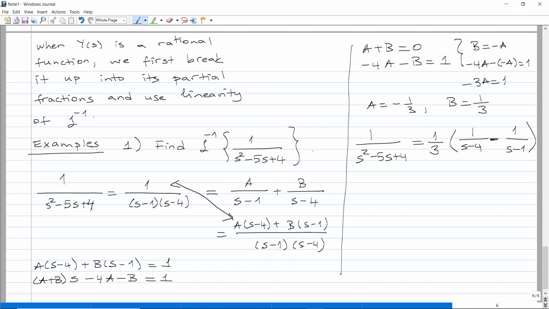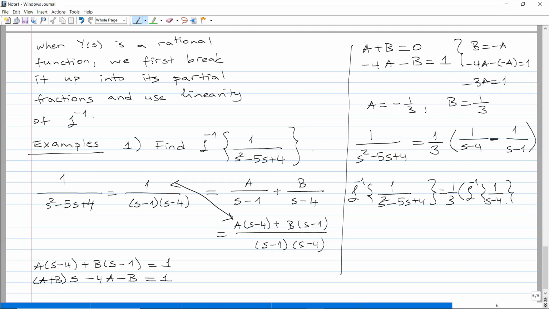The right side, is it equal to the left side? So quickly do the computation, see if it's right. So s minus 1 minus s minus 4 is 3, over 3 is 1. Yes, it is correct. So the Laplace inverse, then, using the linearity, is 1/3 times the Laplace inverse of 1 over s